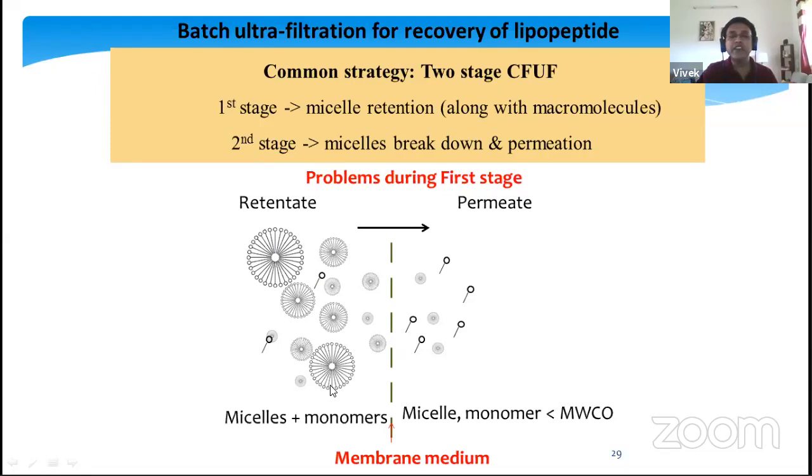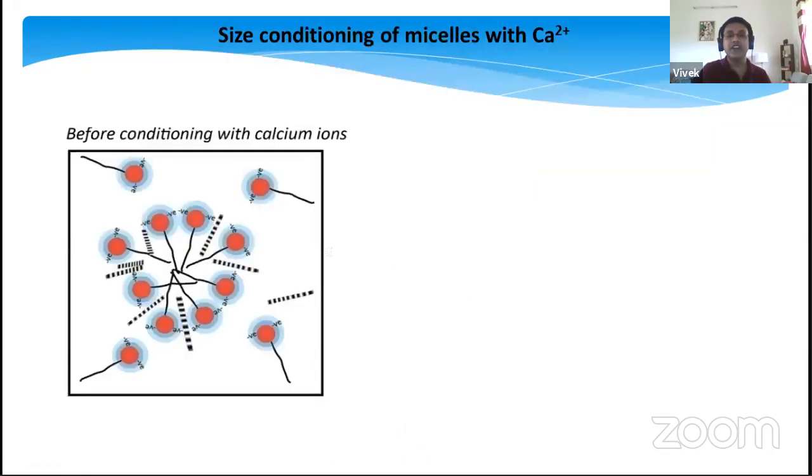Because this is the natural way these compounds manifest, they present various sizes. So over the course of the first stage, you will see the loss of micelles across this membrane. In order to preserve these micelles and make it a single shot purification process, we attempted